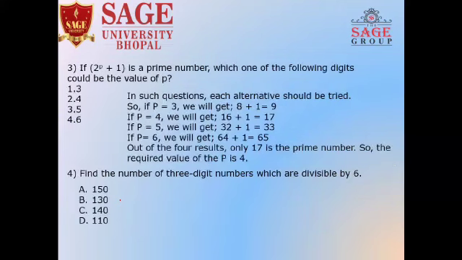Okay, if 2 raised to the power p plus 1 is a prime number, which one of the following digits could be the value of p? The options are 3, 4, 5, 6. In such kinds of questions, we put in the numbers mentioned in the options. Let's try with 3, option number 1. 3, if p is equal